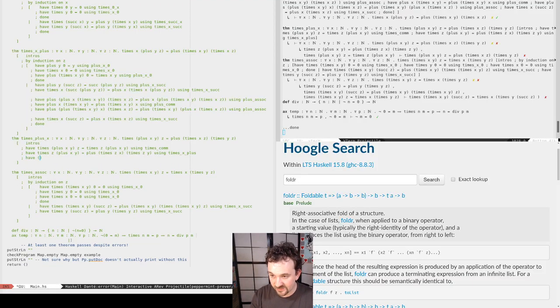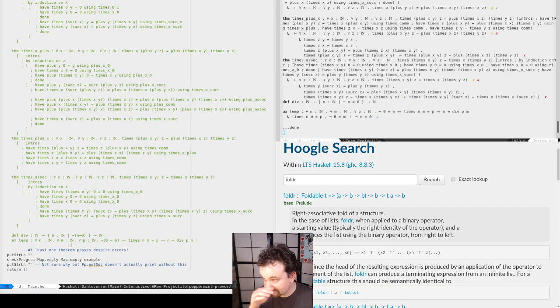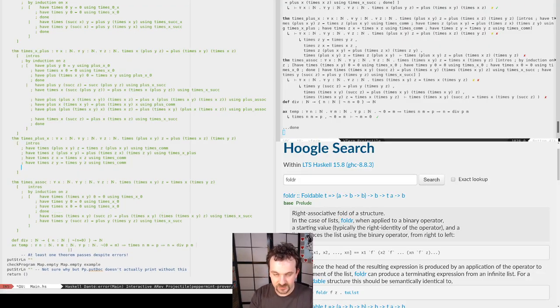So we also have that times zx equals times xz using times com. Have a second one like this with y. So y, still good. There's a lot of red crosses, but it's exactly how I expected.